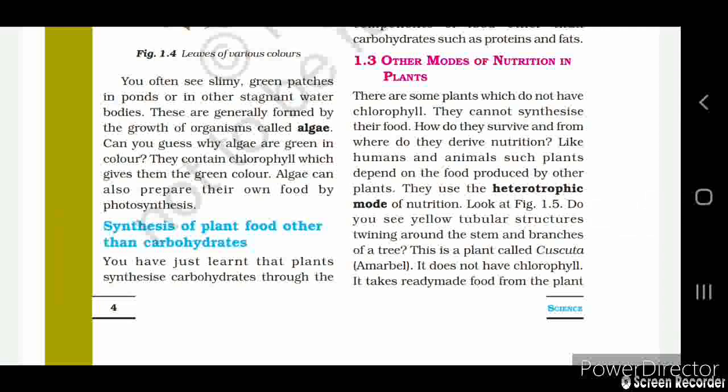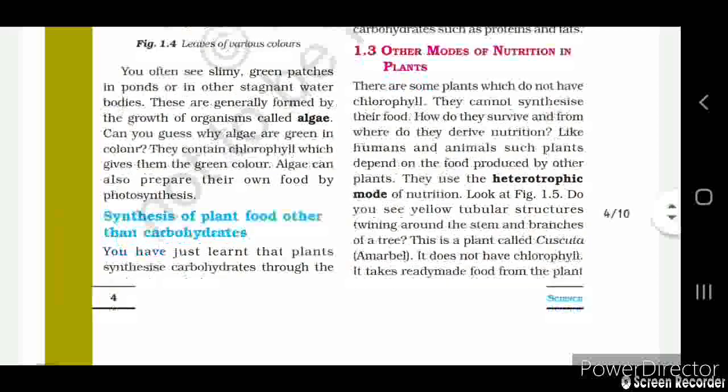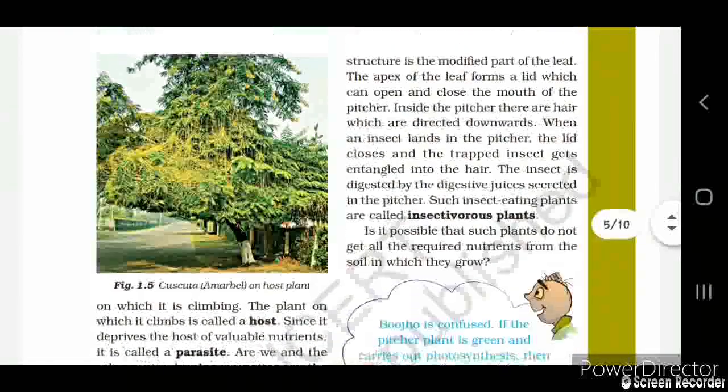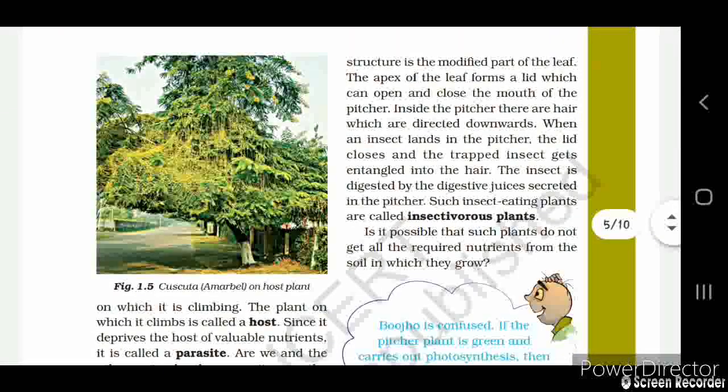There are some plants which do not have chlorophyll. They cannot synthesize their food. They cannot prepare their food. So how do these plants survive and from where do they take their nutrition? Like we humans and animals depend on plants for food, they use a heterotrophic mode of nutrition. Like in image 1.5, it is Cuscuta,